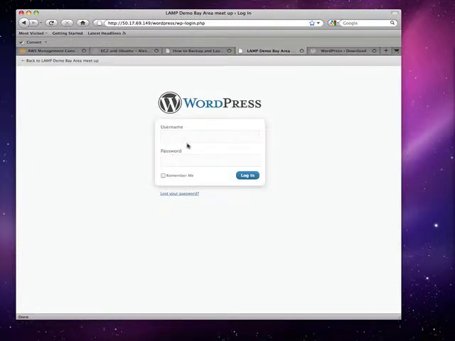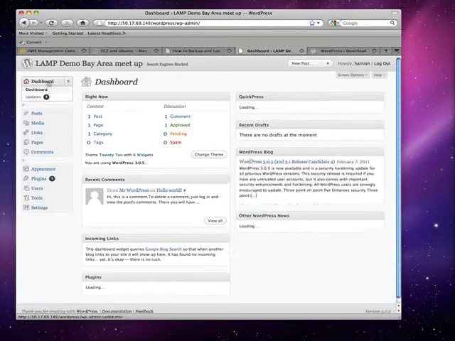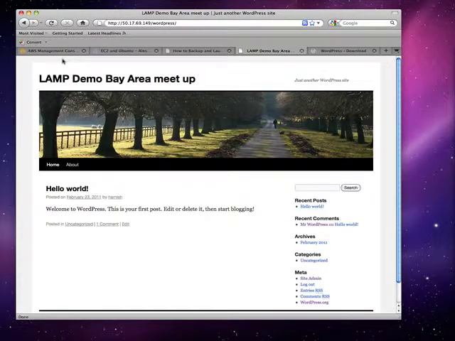So I am being asked to log in to my WordPress instance. Voila, it's done. I'm on WordPress on EC2. WordPress is a blog and CMS engine.